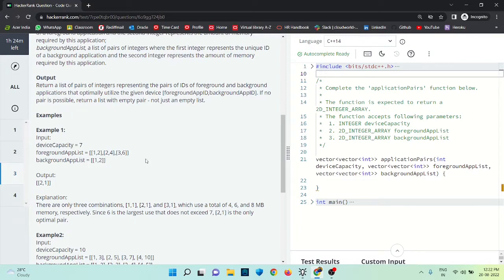आउटपुट 2 1 आ रहा है, कैसे आया देखते हैं। देयर आर ओनली 3 कॉम्बिनेशंस। लाइक उन्होंने क्या किया, हम बैकग्राउंड का कॉम्बिनेशन ले रहे हैं। इसका तो 1 1 कॉम्बिनेशन है, 2 1 कॉम्बिनेशन है, 3 1 कॉम्बिनेशन है। बहुत बढ़िया, सबसे पहले हमने टोटल कॉम्बिनेशंस देख लिए। अब हमको इनकी टोटल मेमोरी देखनी है।